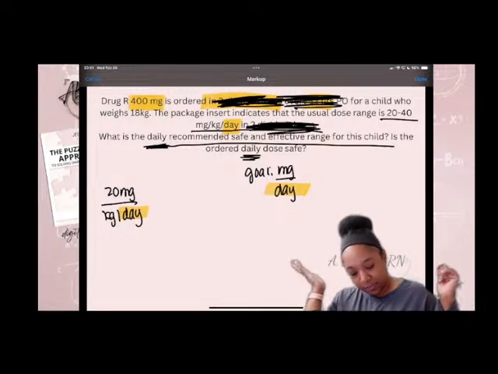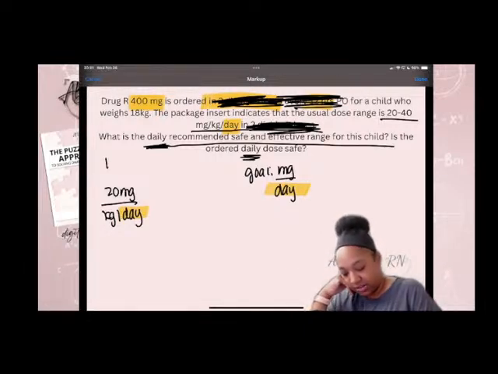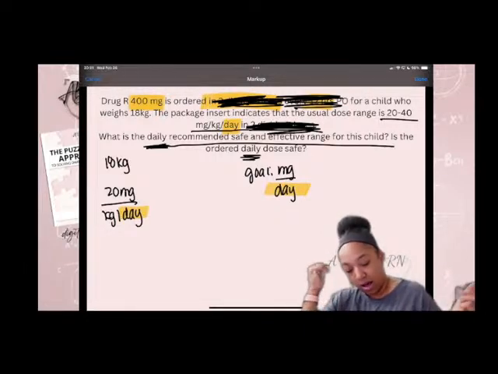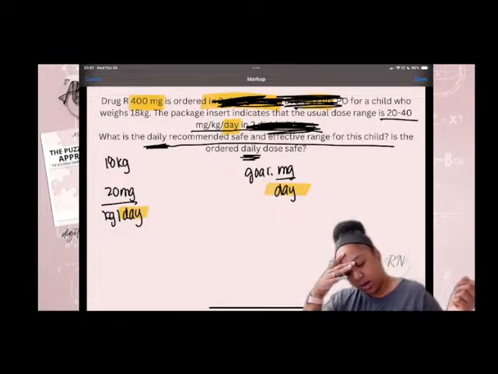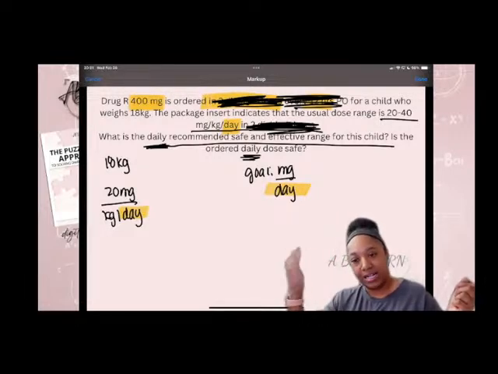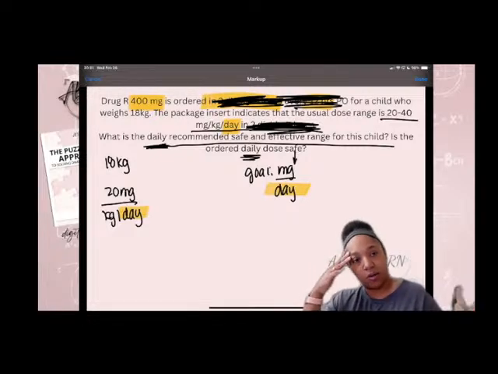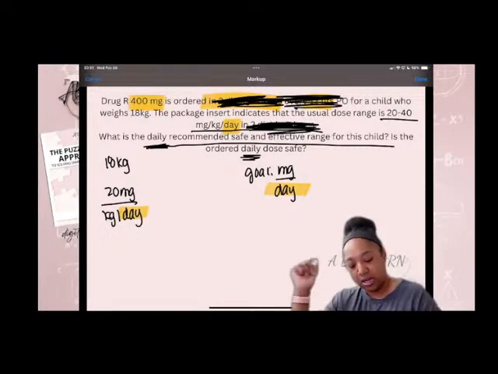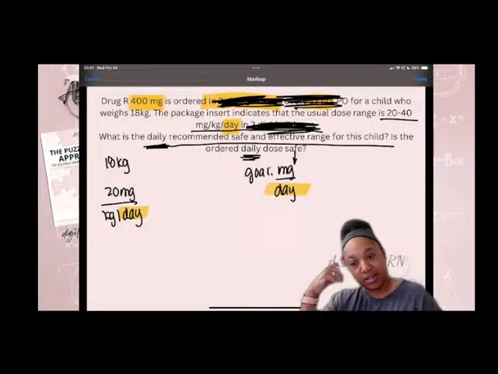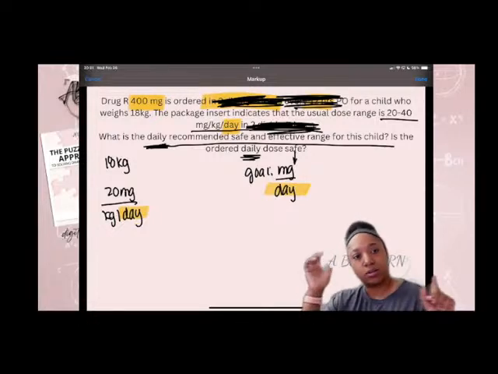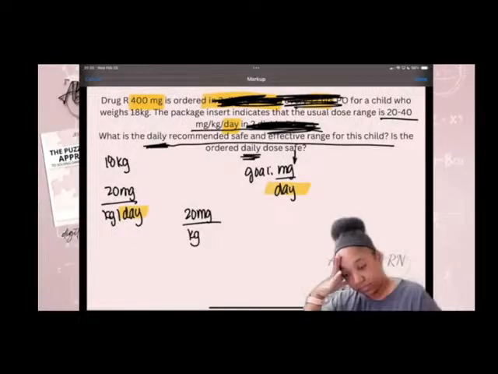So what is the patient's weight? 18 kgs, right? Okay. So we'll find out what is the least that they can have. So what am I going to start with? What I've been starting with, milligrams, because that's my goal. I keep my goals first and then what is the least that they can have. 20 milligrams per kilogram per day